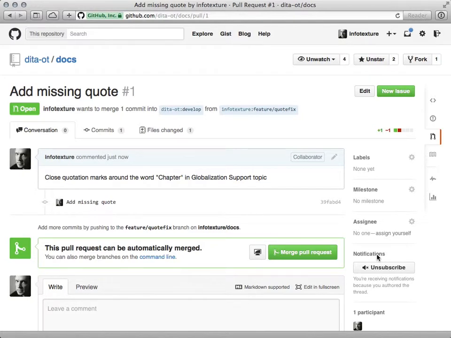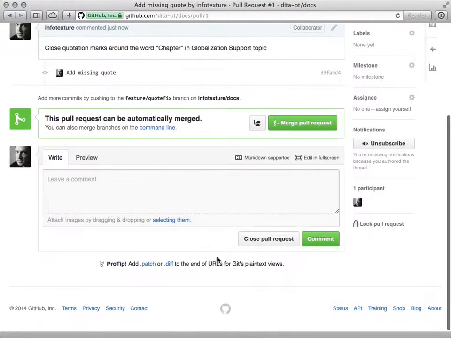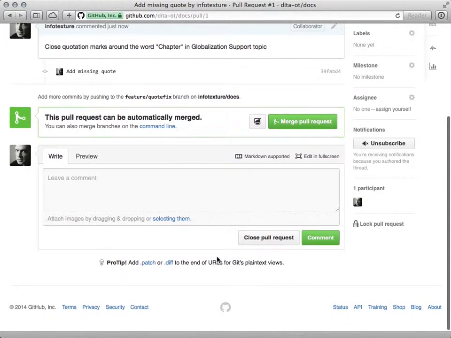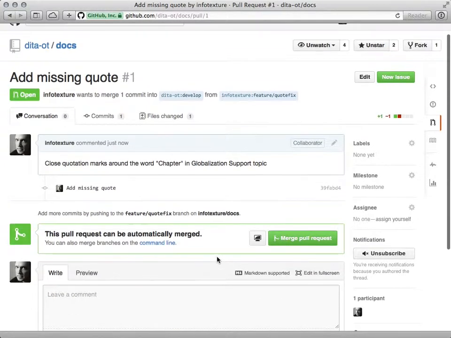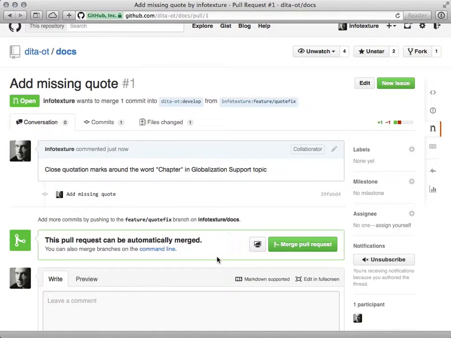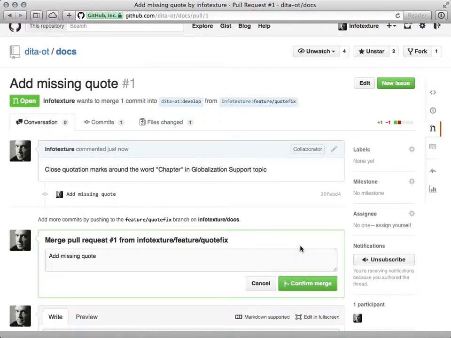Now in this particular case, I have the authority to merge this myself, so this appears here. It wouldn't appear if you were not one of the project contributors at this point, but the pull request page is still the same. It provides that summary, and this is what the project owners then see when you submit your pull request. So the project owner will then take a look at this, review the code changes, they can see that same diff view that we saw, and when they're ready to accept it, they click this button to accept it. They can comment on it if they like, press the button, the pull request is merged,